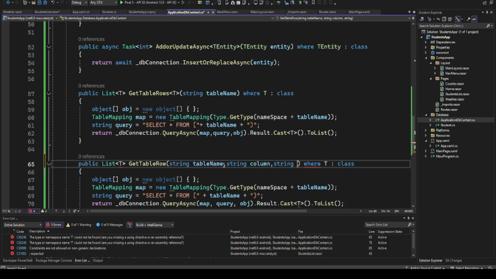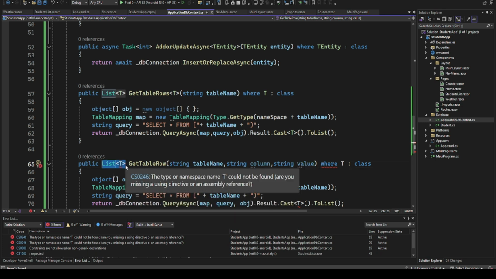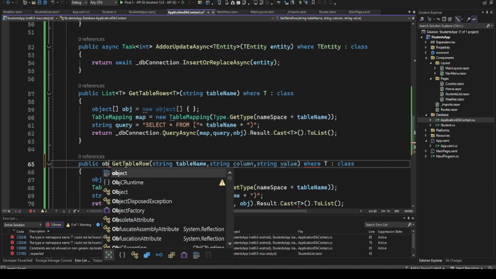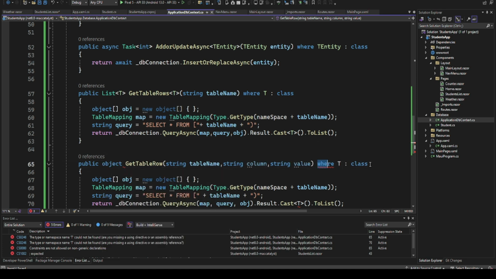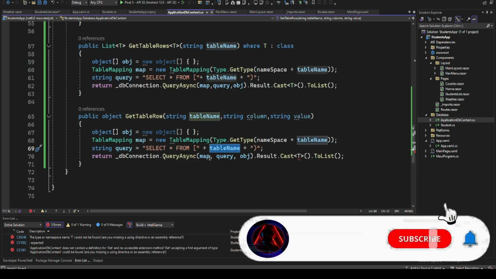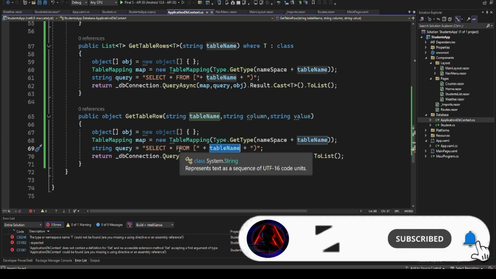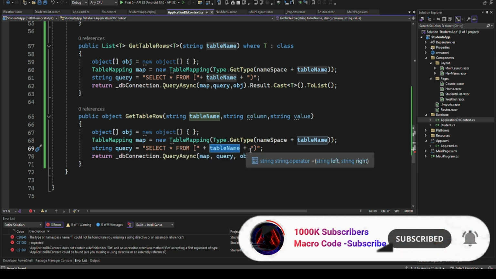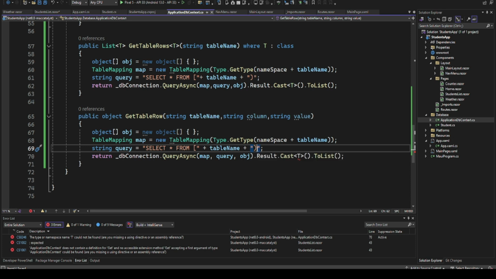So this will return now for us a single value, and here I'll just do object. So this will be an object, and we can remove that. So the only thing that will change is how we are now doing our query. So we'll say select star from table name. Then you can say here